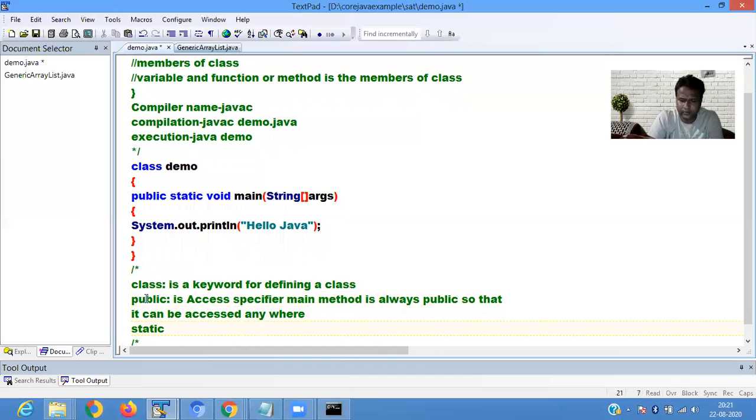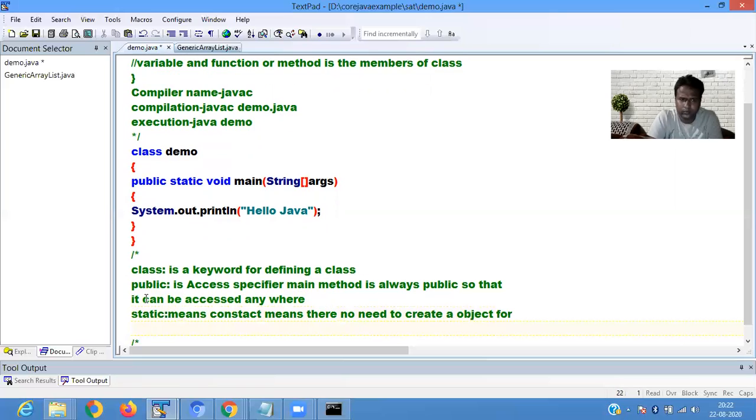Static means constant, meaning there is no need to create an object for calling.